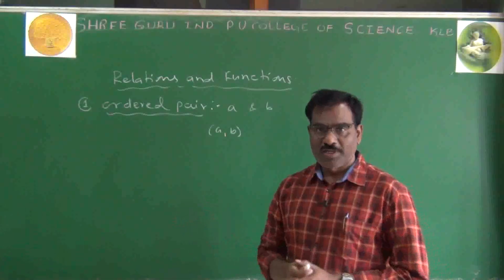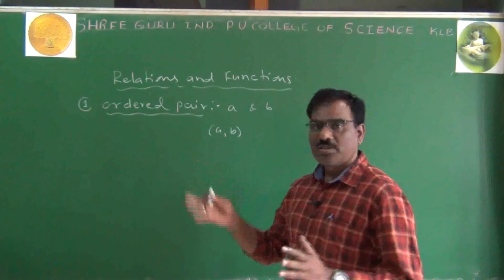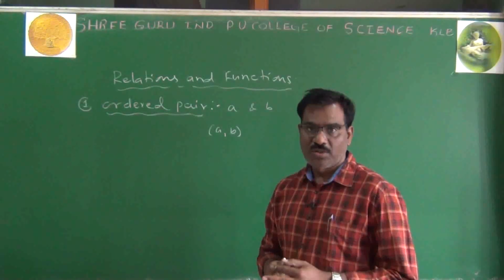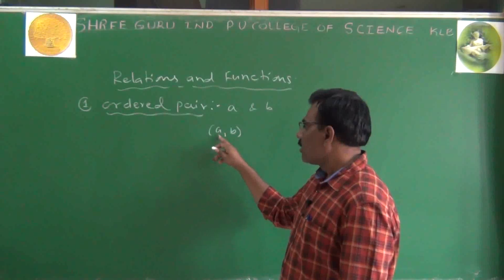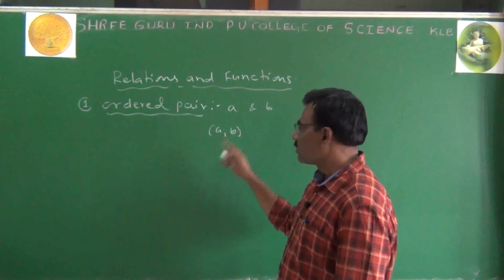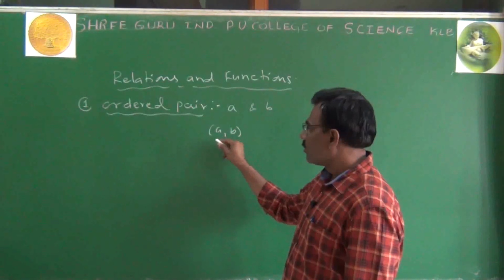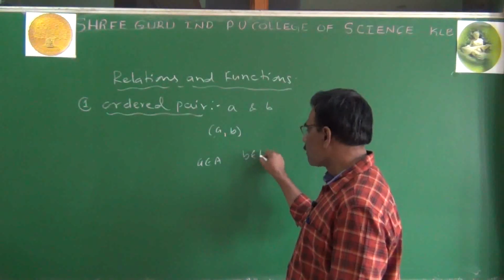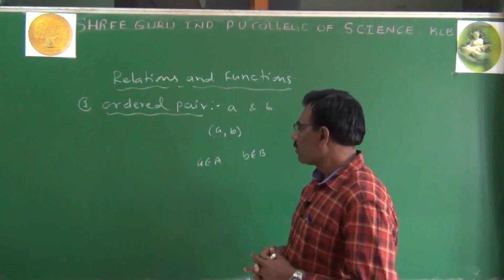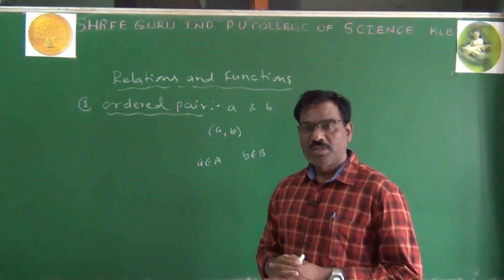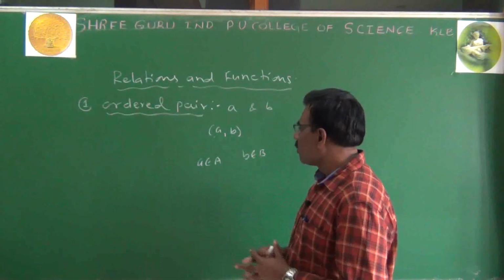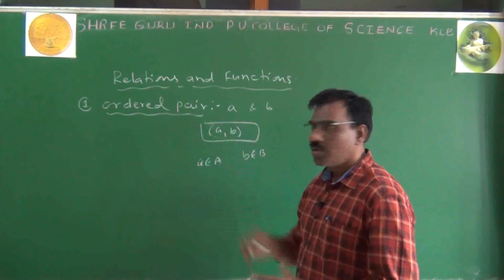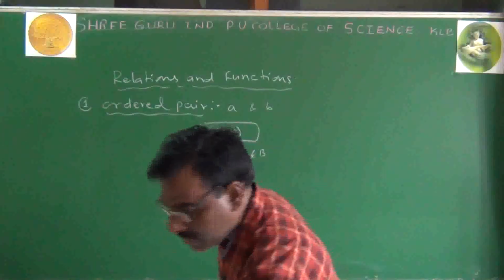Indirectly, it is the Cartesian product. In a straight line, you are using the two-dimensional set involving two elements. So (a, b): a is the first element, b is the second element. In this chapter, in an ordered pair, a belongs to set A and b belongs to set B. Usually the first element involves set A and the second element involves set B. So this is called an ordered pair. This is the first definition.